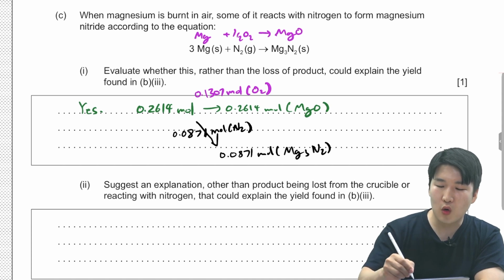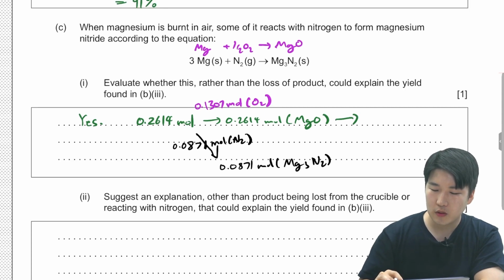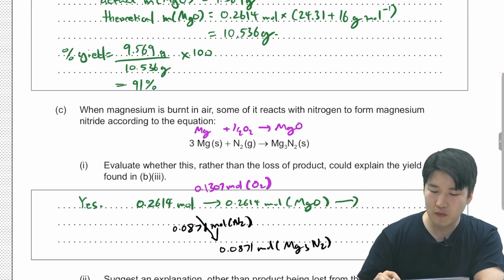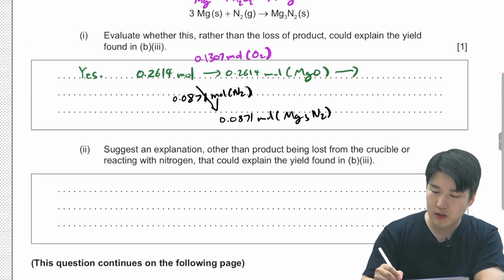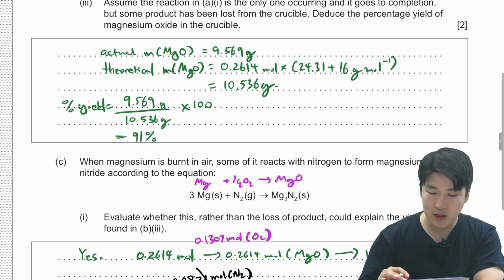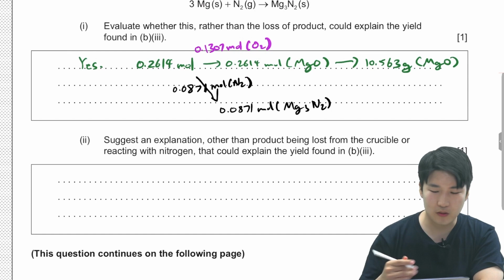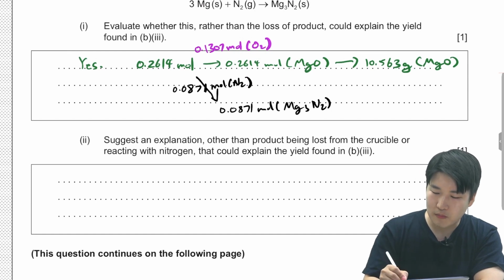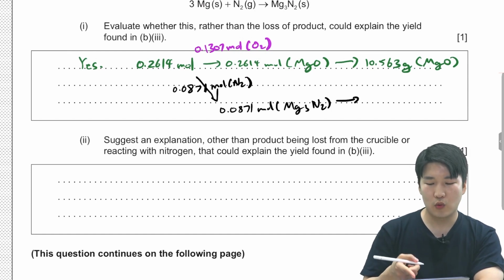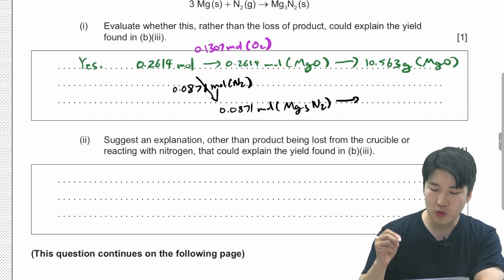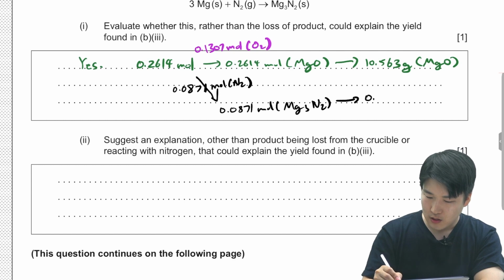0.2614 mole, we already know, will give 10.563 grams of magnesium oxide. We already know that. That's the theoretical yield we would expect. But for 0.0871 mole of magnesium nitride, we would be yielding